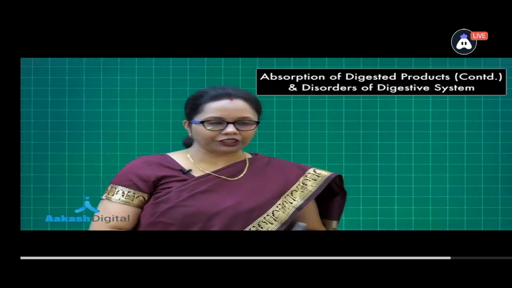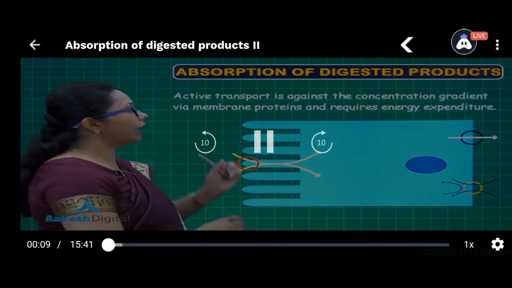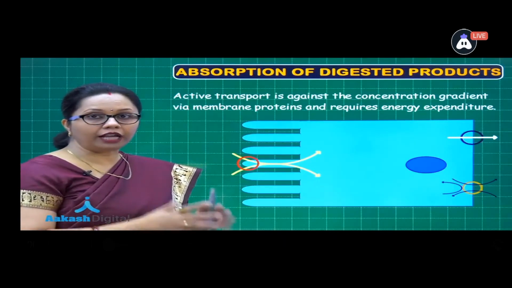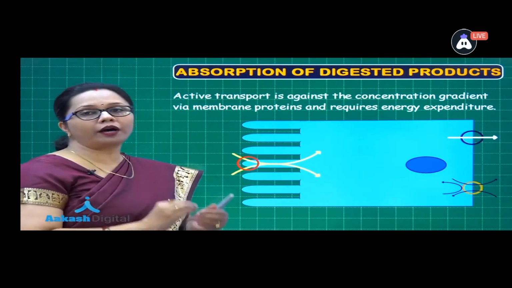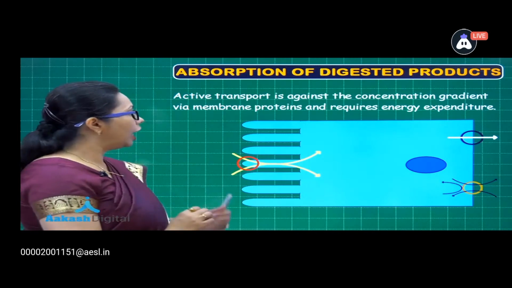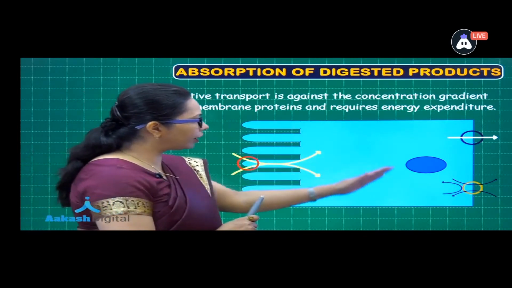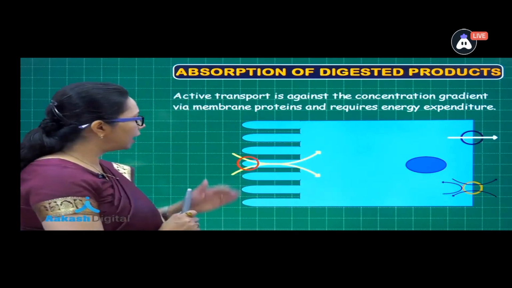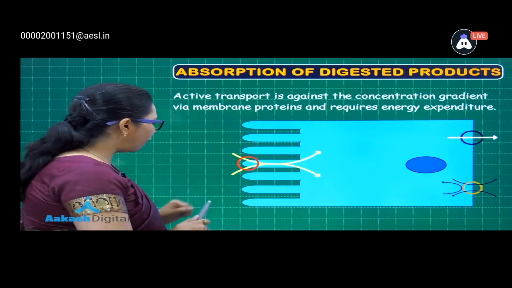Now taking up active transport. Active transport is against the concentration gradient. That means it is like an uphill journey which will require expenditure of energy. Now in this case, let us take an example. So here again we have the enterocyte, and in this enterocyte this is the luminal surface from where the absorption